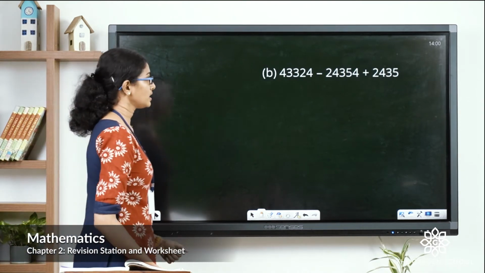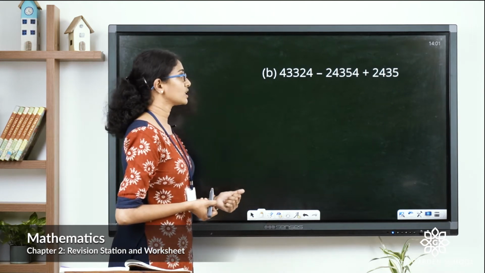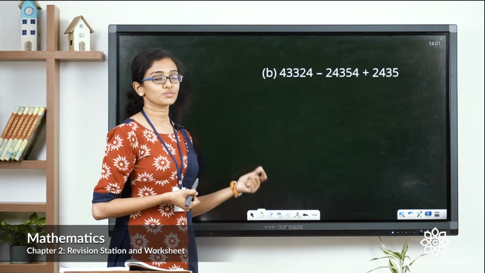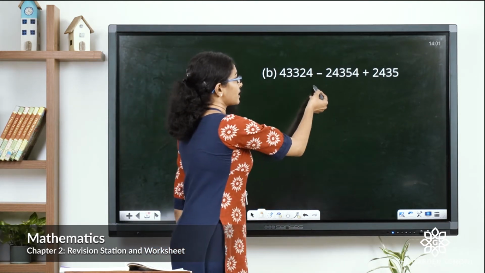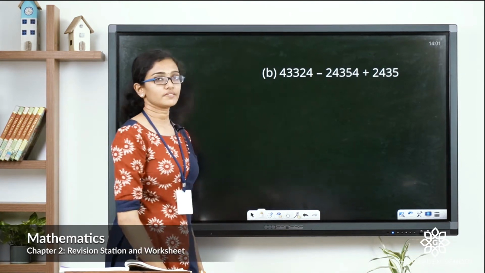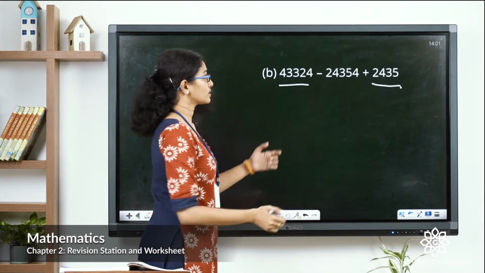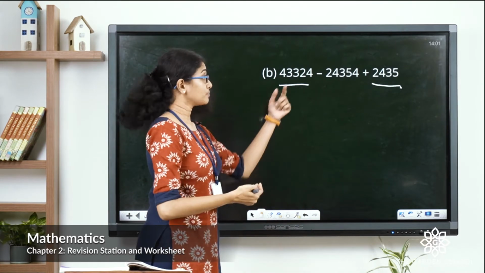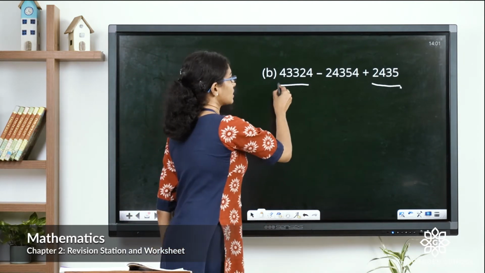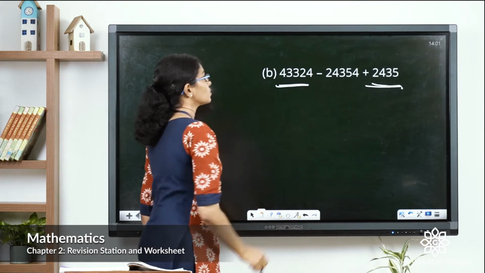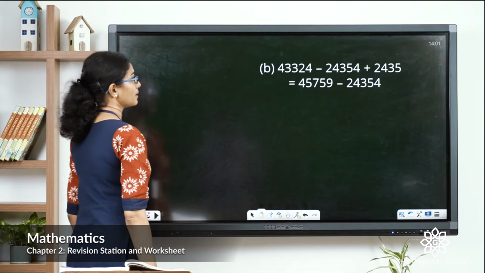Now question B. 43,324 minus 24,354 plus 2,435. So here again you have the subtraction and you have the addition. Let's do the addition part first. Make sure you don't take this number because it has a minus symbol in front of it. So that is the subtraction part. Make sure you are taking only the addends here. So let's add those two numbers. Adding them will give you the sum